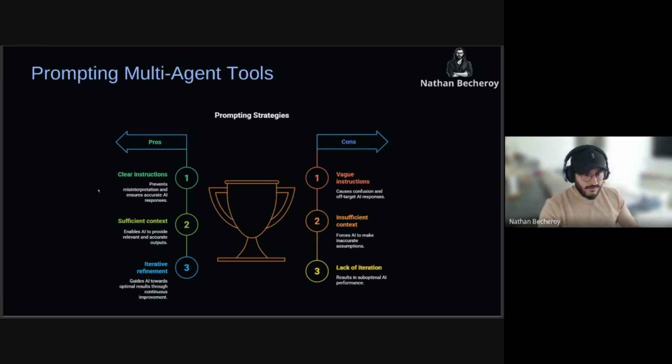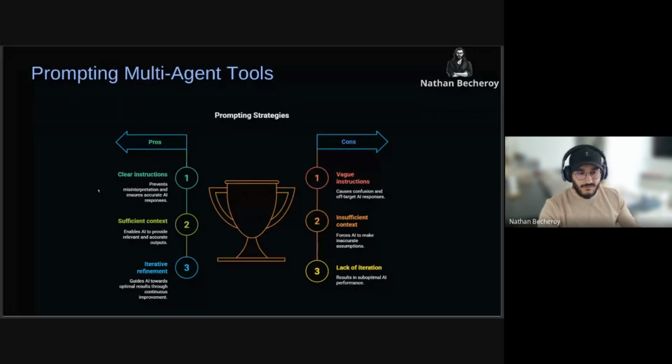And then you have the cons. It's normal, and everyone knows this. Vague instruction is the worst thing you can do if you want the right result, because it causes confusion and off-target AI responses.